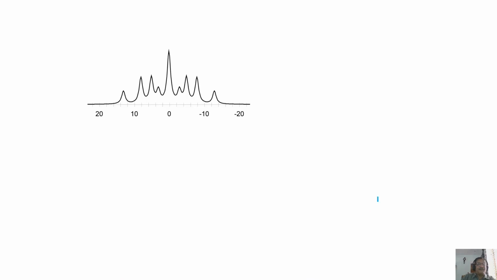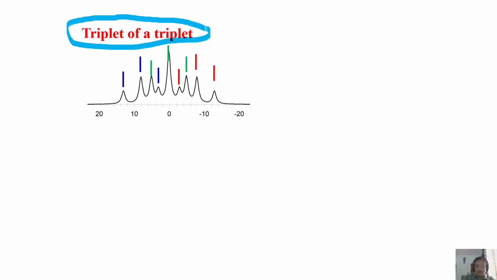It looks perfectly symmetric with respect to this. Now, there is a way to understand. It is called triplet of a triplet. You know why? This is one triplet. This is another triplet. This is another triplet. There are three triplets overlapped. And the largest value is this to this and this. Let's say any of them, you can take the center of this to the center of this one and the center of this one. You give one coupling. The other coupling has a smaller value. So it is called triplet of a triplet.